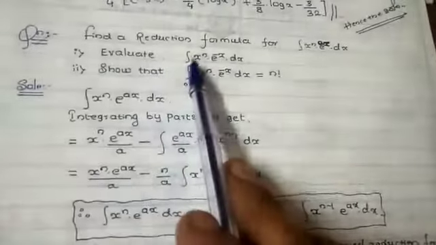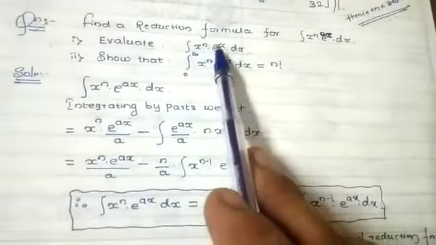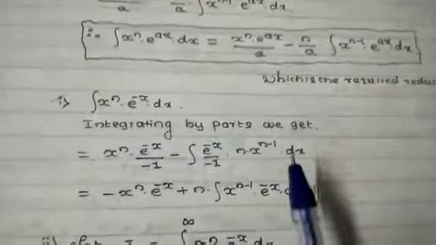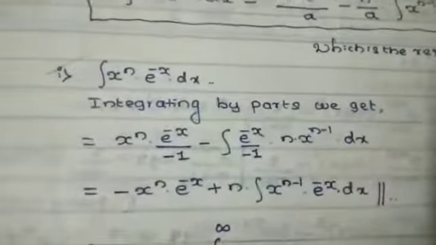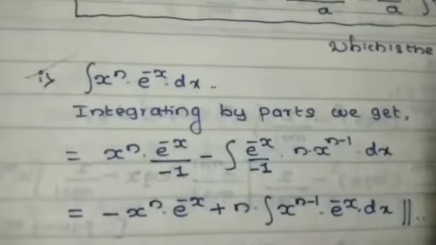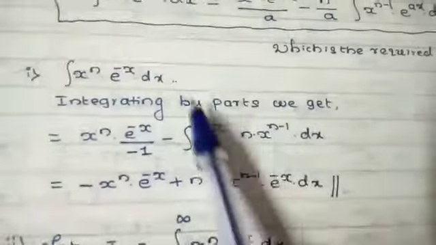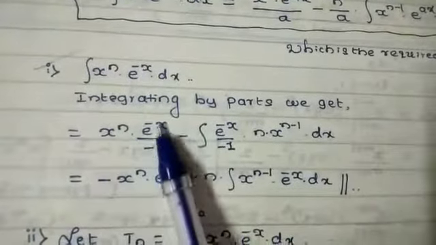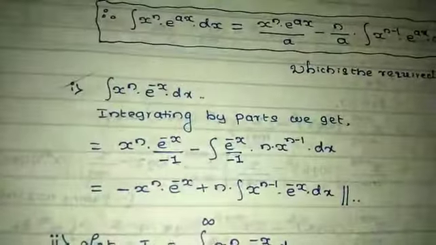Next, in the sub question, evaluate the integration of x raised to n into e raised to minus x with respect to x. Suppose this question is asked, here also there is only one step, that is integrating by parts. The integration of x raised to n into e raised to minus x with respect to x, integrating by parts: first term into integration of the second term, so that is